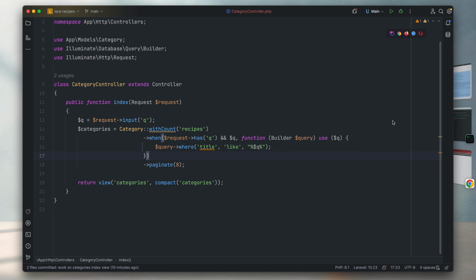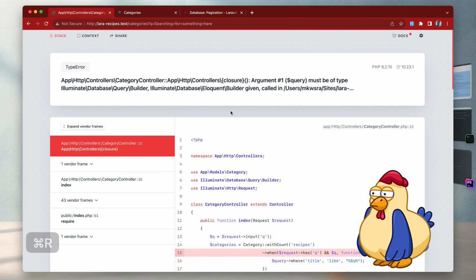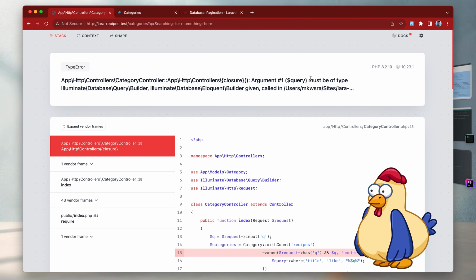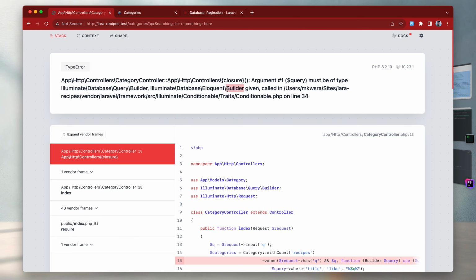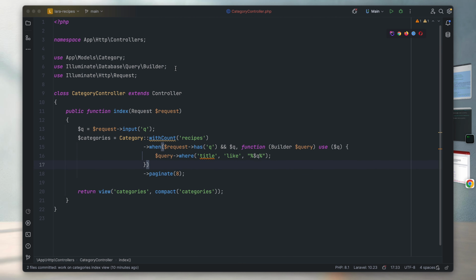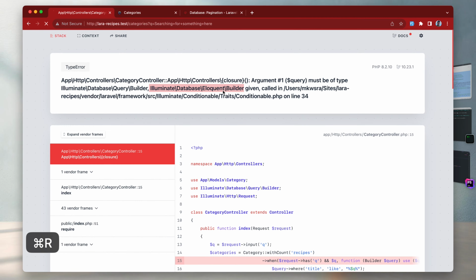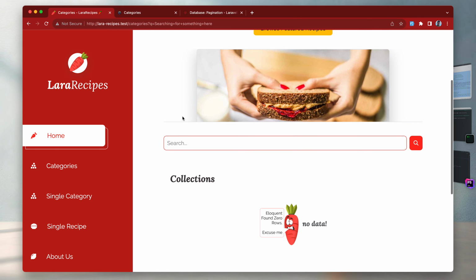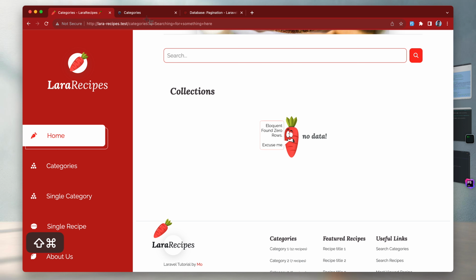So let me just get back to my browser so I can try it with you guys. Okay, I have an issue with query must be type. Okay, so just the type of the variable is different. I made a wrong assumption there. So let me just change this one to this builder, and let me refresh. Okay, now we can simply try to search. This is what we have as a param, which means we don't have any data, so that's why we are presented with this illustration. But let me just clear the search,